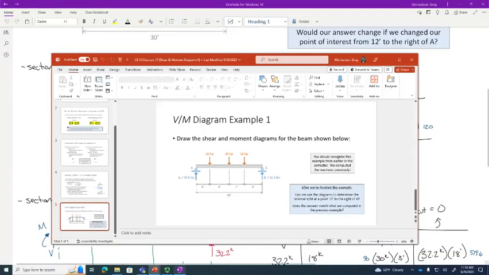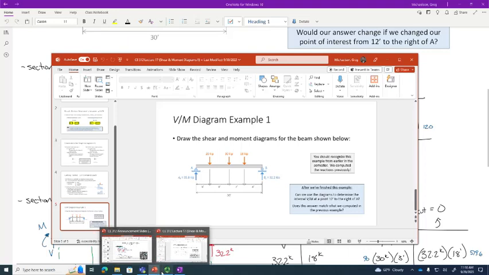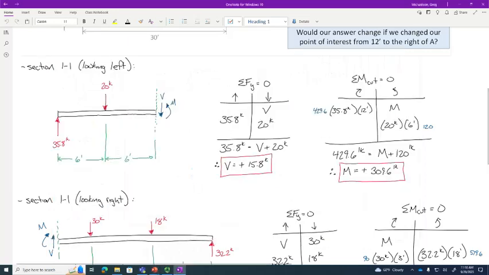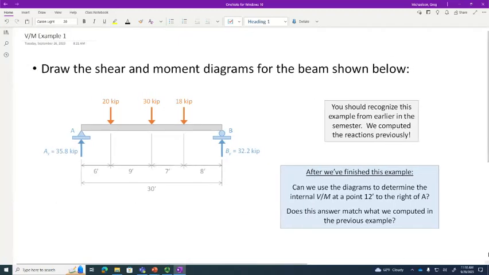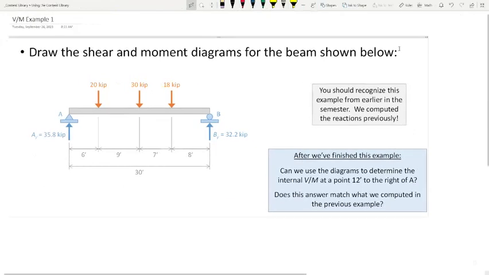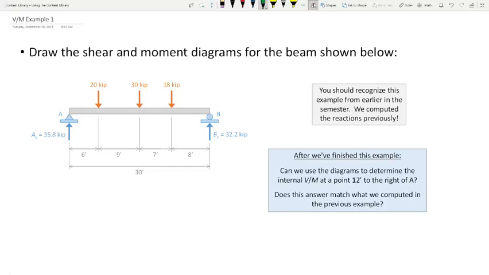Now, one thing I haven't emphasized yet, but I think may become clear after today, is that shear and moment diagrams, and really this unit in the class as a whole, is a portion of the class that really lends itself to having a straight edge with you. Having a straight edge would be kind of nice, and I think everybody here has a straight edge